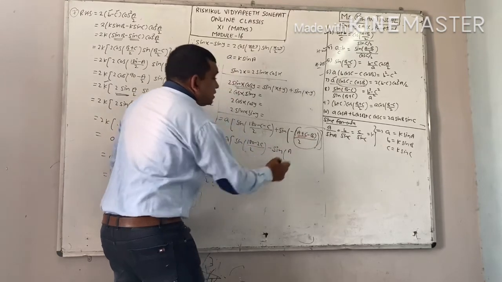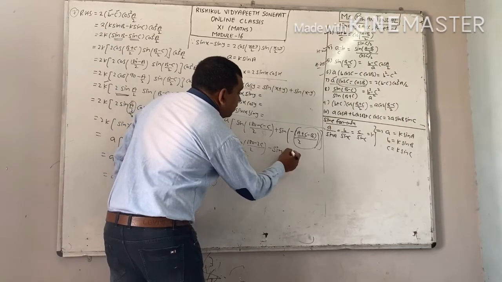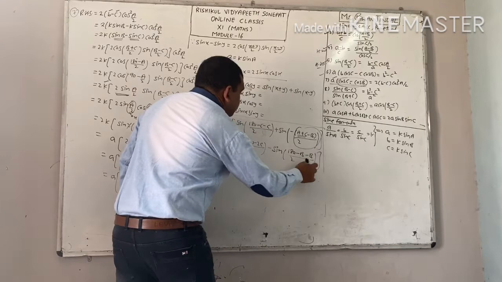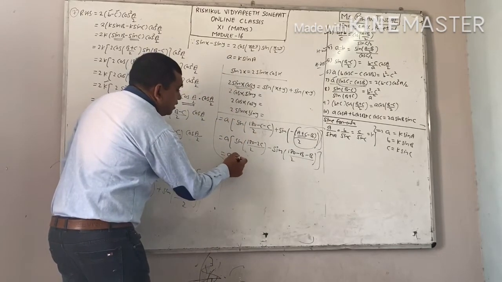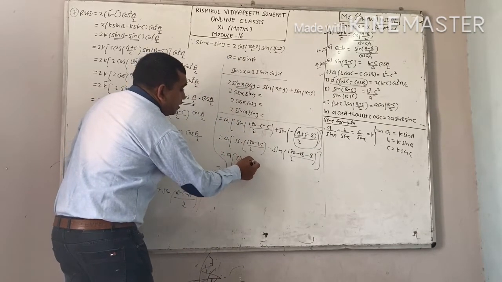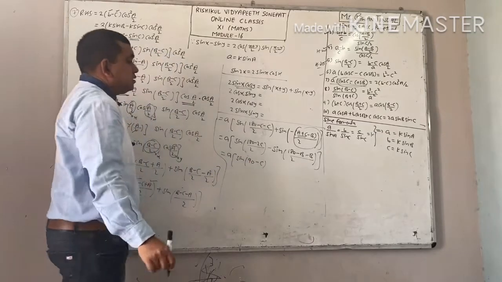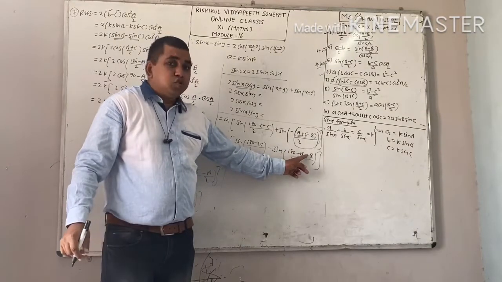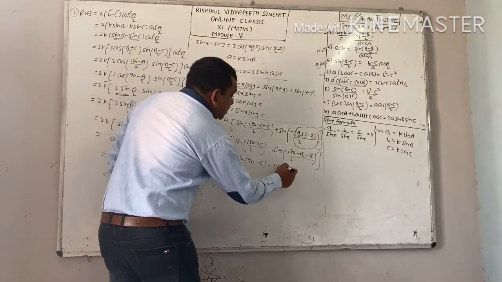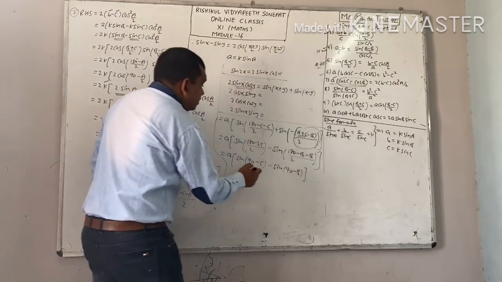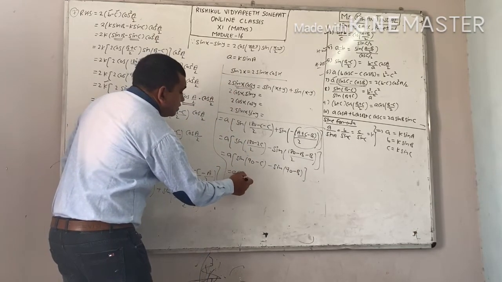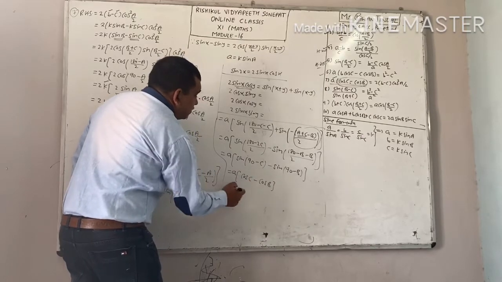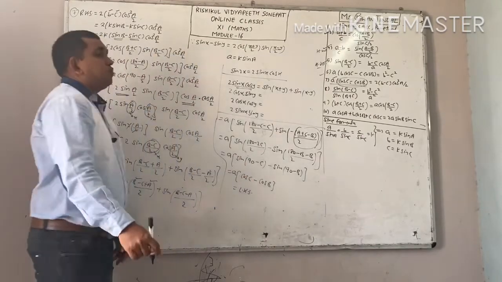Now put value of a plus c here. A plus c equal to 180 minus b. This minus b as this. This is your sine 180 by 2, 90, 90 minus c. Minus sign separate. 180 minus 2b divided by 2. You will get 90 minus b. Sin 90 minus theta, you know very well, this is your cos theta, cos C. Sin 90 minus B, this is your cos B. And this is what you have to prove.